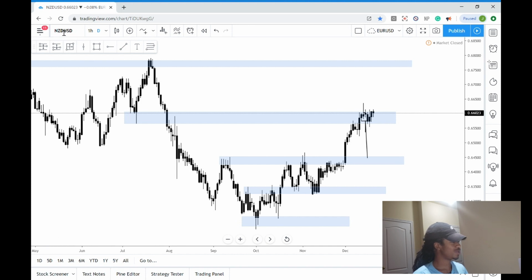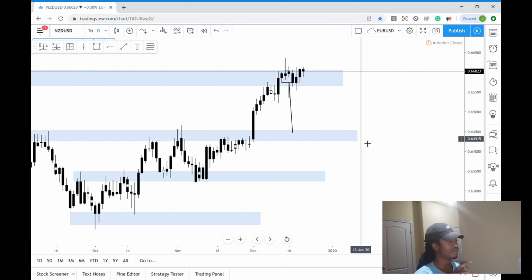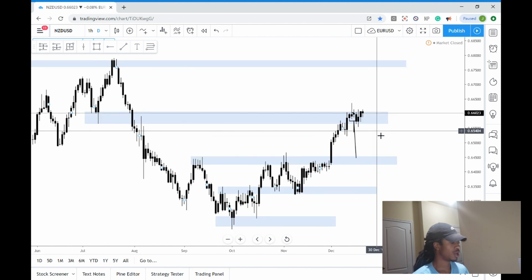Next one for the New Zealand US dollar. Also showing bullish market structure once again. We were consolidating a lot, but we are above. And the last two candles, so Wednesday's candle, which is right here, was bullish. Thursday's candle was bullish. Friday's candle was bearish, but you can see that throughout the entire length of the candle, more bulls did come in by the end of the candle, the end of the trading day. So this is, once again, more bulls are showing themselves. We're above